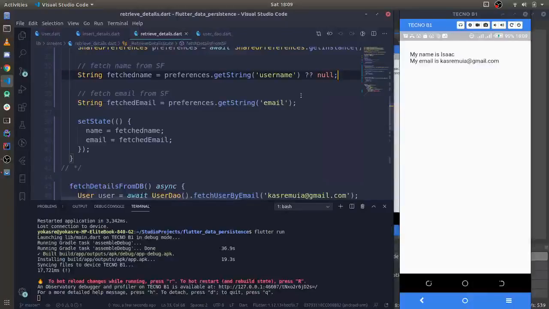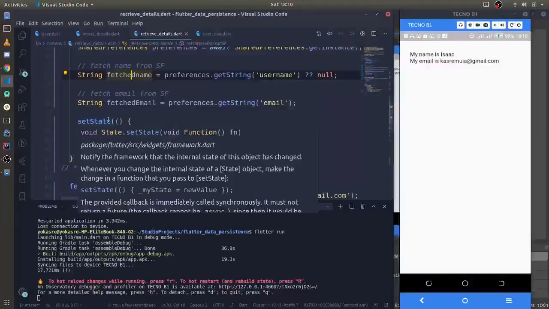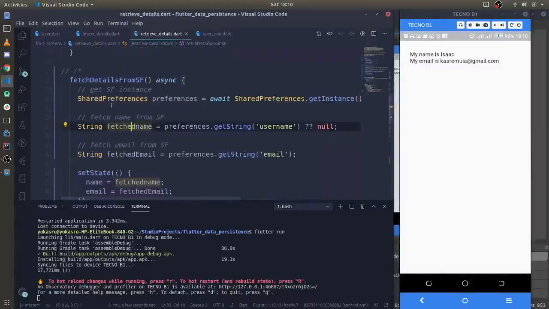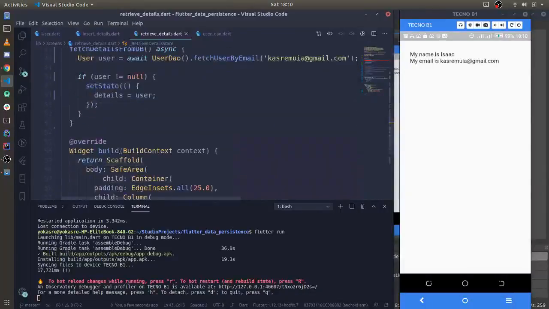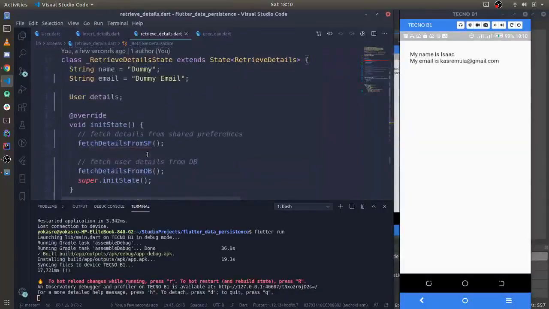What this is going to do is try to look for the key name in the shared preferences, and if it doesn't find any, it assigns fetch name to null. So all you need to do is check if fetch name is not equal to null, then update the state. So yeah, that's it guys. Let me take this back now to the comments, so that we can remain with the database one. I'll also leave a link below